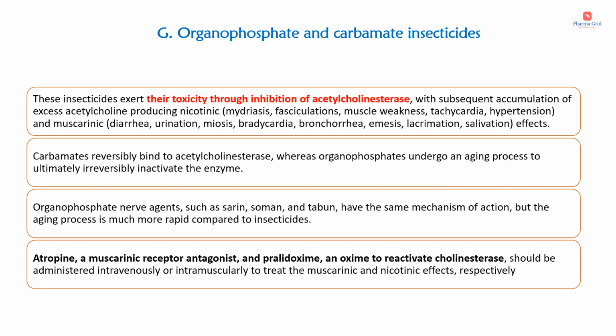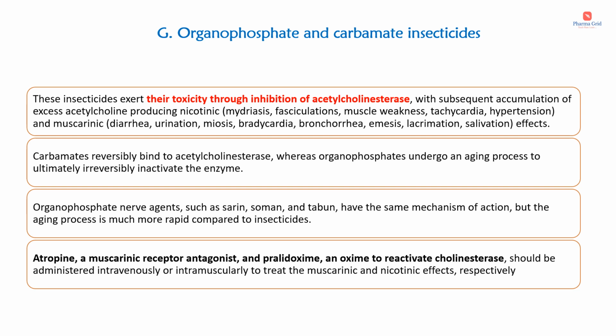The next one is organophosphate and carbamate insecticides, mainly organophosphate poisoning. You might have learned about organophosphates in the cholinergic nervous system chapter. These insecticides exert their toxicity through inhibition of the acetylcholinesterase enzyme. So by inhibiting this enzyme, what will happen? This will lead to subsequent accumulation of excess acetylcholine, which will produce muscarinic as well as nicotinic effects. Nicotinic effects mainly include mydriasis, fasciculations, muscle weakness, tachycardia, hypertension, whereas muscarinic effects include diarrhea, urination, miosis, bradycardia, bronchorrhea, emesis,